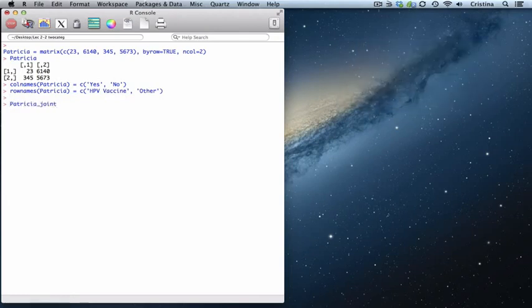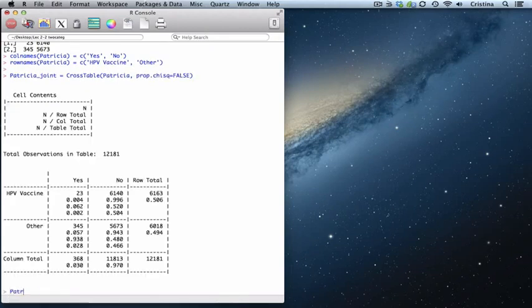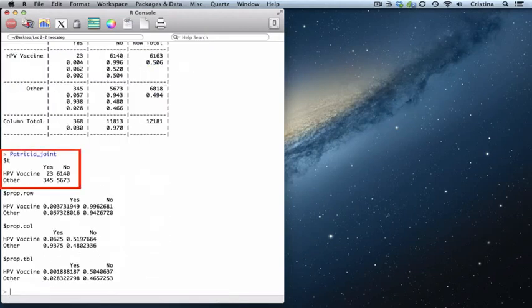Recall with the CrossTable command, we can obtain the four tables that Allison discussed in the lecture: the frequencies, the joint distribution, the conditional distribution of infection status given treatment group, and the conditional distribution of treatment group given infection status. In Allison's last example, we have a 20-year follow-up study on survival rates between smoking and non-smoking women,